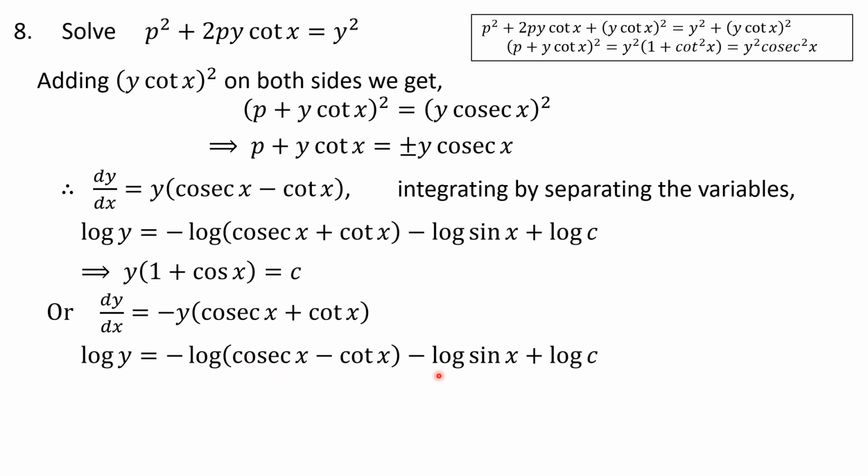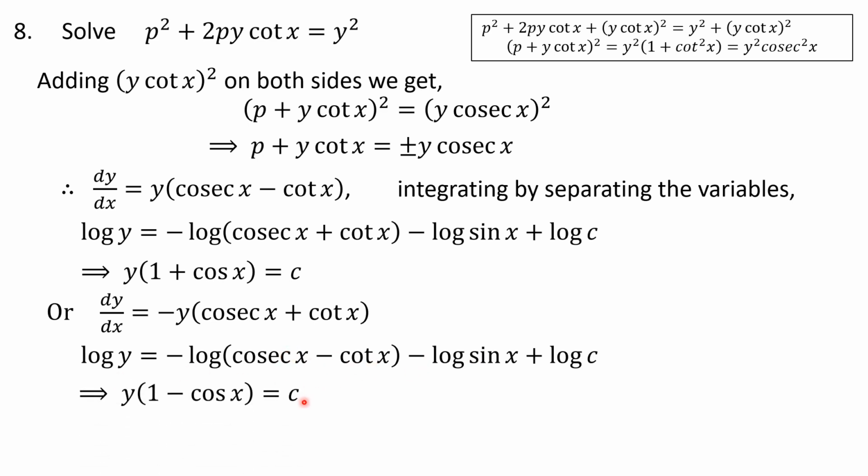So we can move this to the right hand side, and by the formula log m plus log n, we can add it as log mn. Again the same method, the logs on both sides get cancelled: y into (cosec x minus cot x) into sin x. So cosec minus cot into sin gives 1 minus cos,